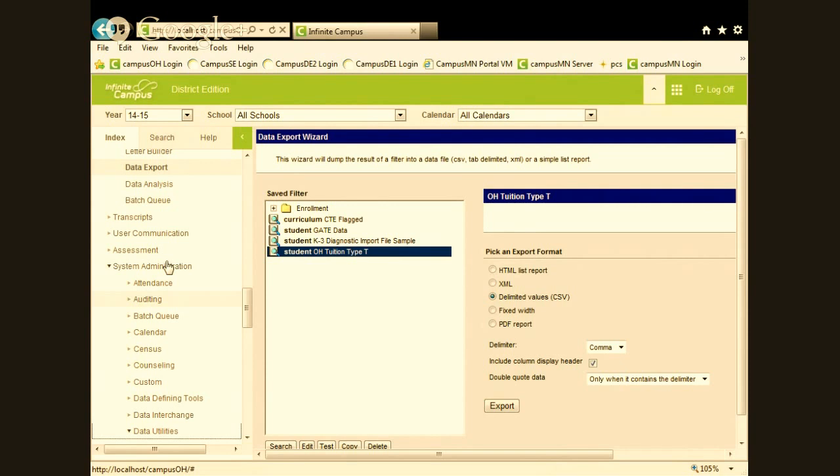So if something had to be done in the database, it would have to come back to the ITC to do it. Some districts do have the ITC do it. Some districts are self-sufficient. So it just depends on the district. Well, if they're self-sufficient, does that mean they have the database and they have access to it? Everybody in Campus has access to their database. I don't care how you're hosted, whether the servers are in your district or on the cloud, you all can have access through VPN connections to your database. You just have to sign off and get your schema training, and then you get the keys to the kingdom.